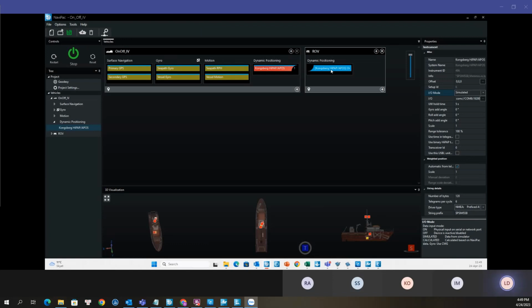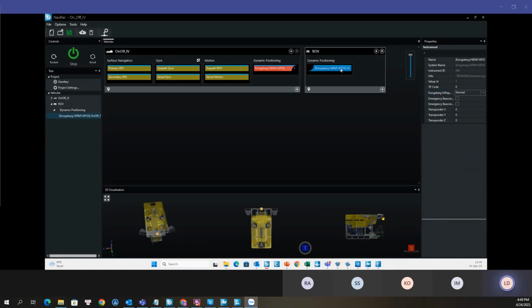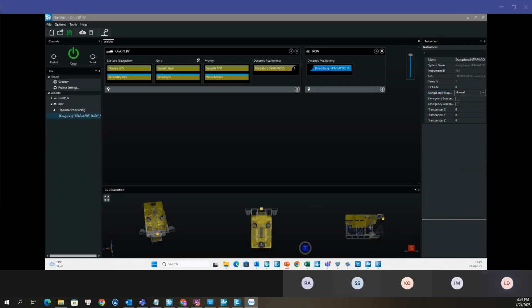So if I select the Kongsberg HiPAP here, I can modify my settings. The whole idea is that on the RV object, we're going to have 3 transponders. 2 of these are related to the Kongsberg HiPAP, and the last one is related to a Sonodyne USBL system that you must add to the configuration here. But this one is linked to that